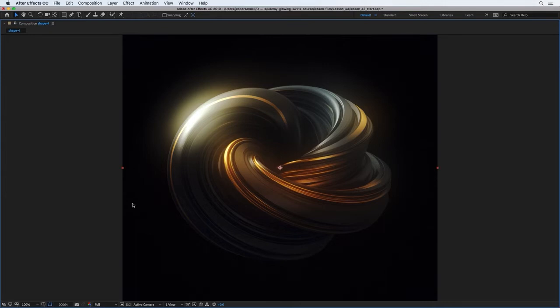And then here in After Effects, we've added some post effects to create this glowing shape that we have here